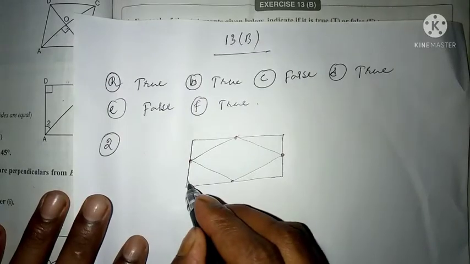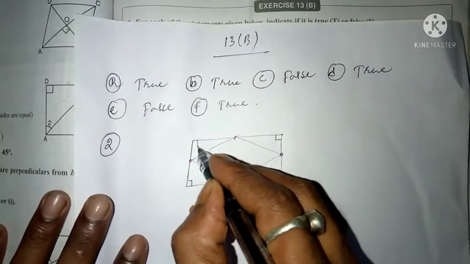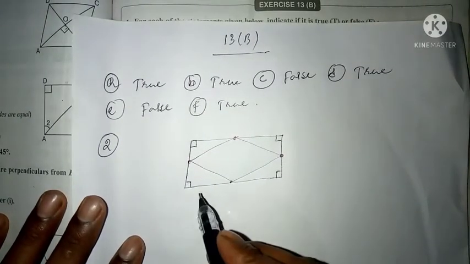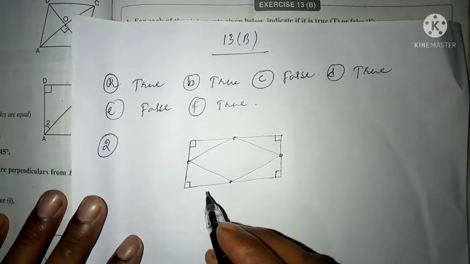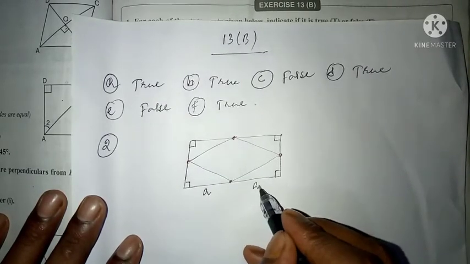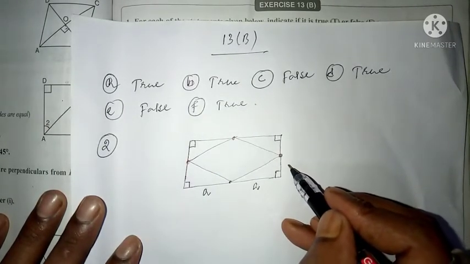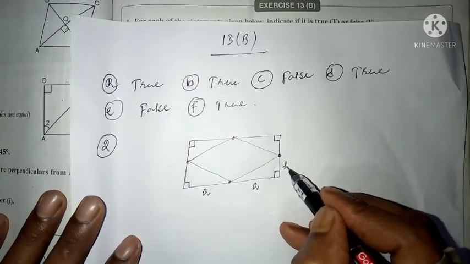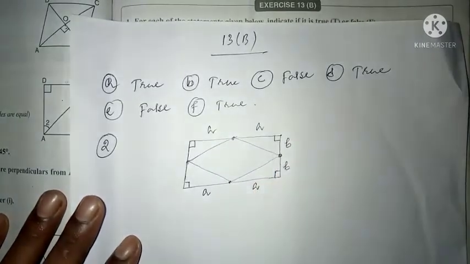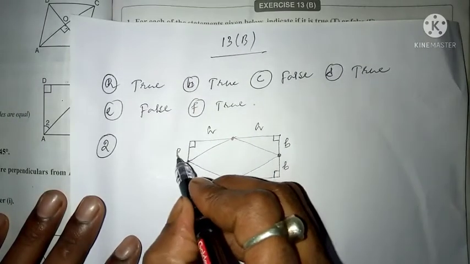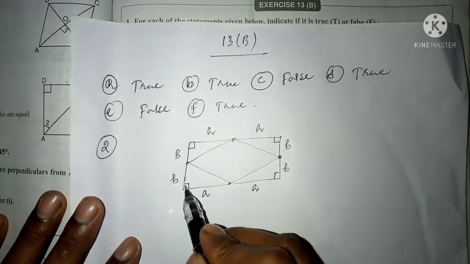All of you know each angle in a rectangle is 90 degrees. Now if I consider this whole side as 2a and this is the midpoint, that means I can write this is a and this is a. In the same way, this one I can consider as b, and this one as b. So this will be a, this will be a, again this will be b and this will be b.